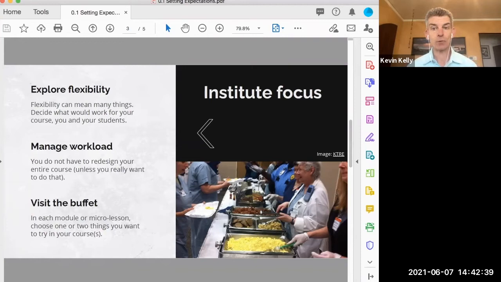To address this variety of needs related to this one area of focus, we're putting out a buffet. You only have to take what you want or what you need right now. You can always come back for more. At the same time, it's a limited buffet. We're not going to overwhelm you with choices. We're also going to talk about how to make sure that we keep our workload in check.